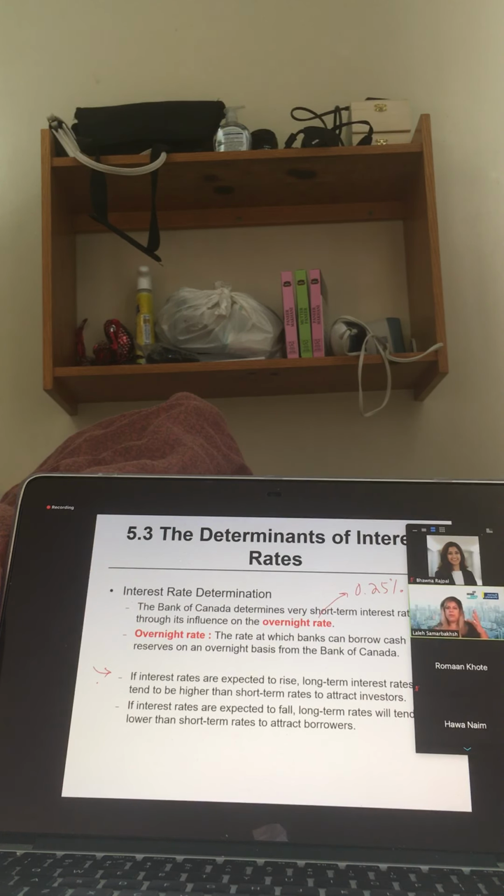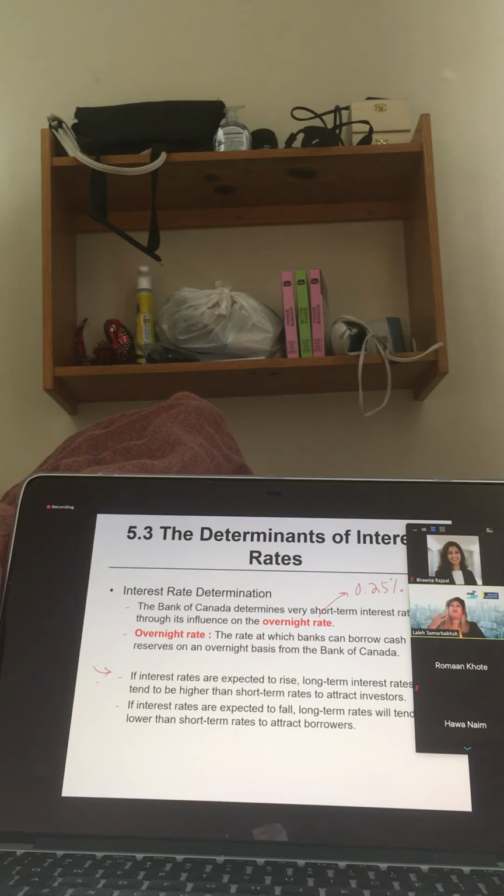People want to think about this right now. At the time that we are in, there is a little bit of economic uncertainty going on. So any investor would like to get the return very quickly. No one is interested in locking up their money for a long-term period. That's why, for example, long-term projects are not taken on a lot these days. We have to look into short-term projects. Long-term rates will tend to be lower than the short-term rates to attract borrowers.